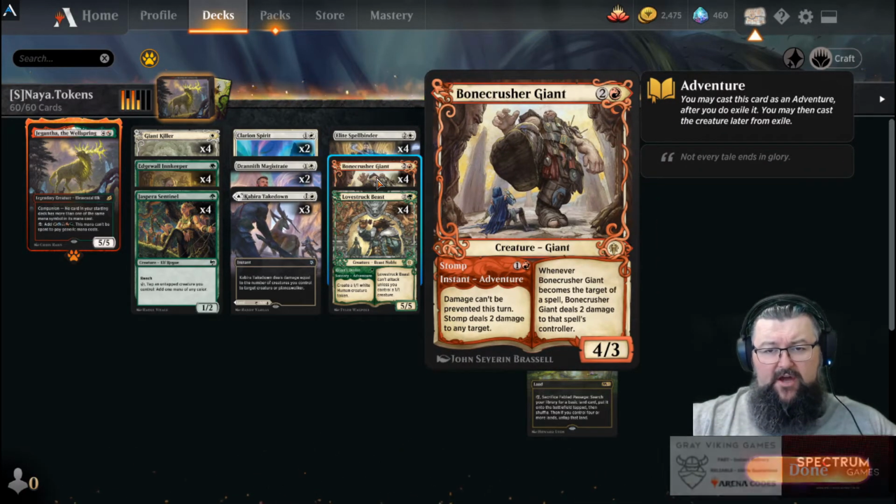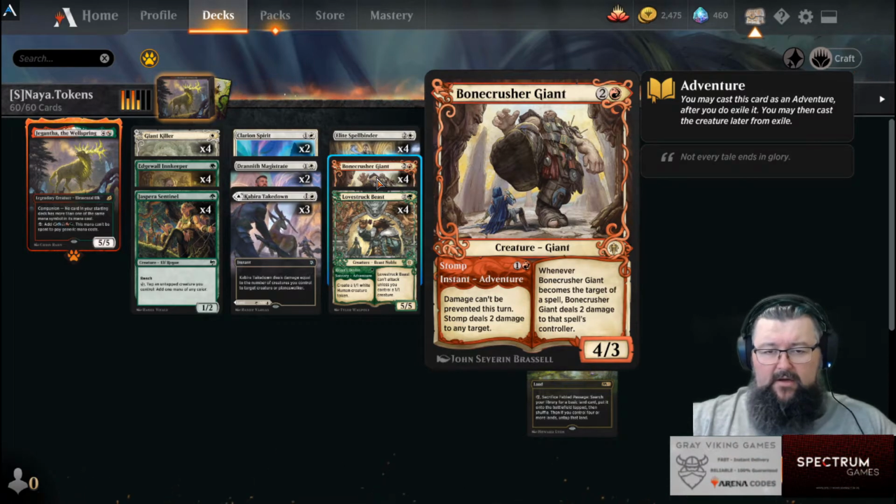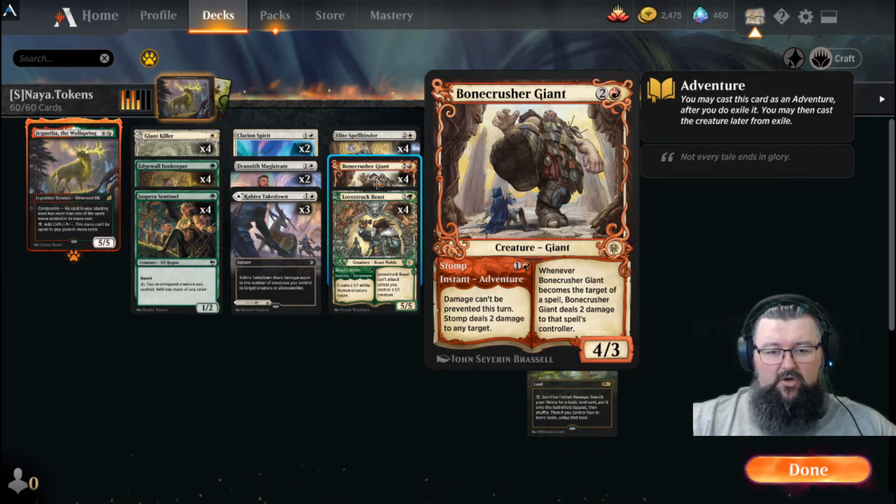For Bone Crusher Giants, this is a stalwart card that's been around for forever and a day and is in a lot of decks. 1 red and 2 other for a 4/3 creature giant. Whenever Bone Crusher Giant becomes a target of a spell, Bone Crusher Giant deals 2 damage to that spell's controller. Pretty useful. The other thing is it has the instant adventure called Stomp, which is 1 red, 1 other. Damage can't be prevented this turn. Very useful. And Stomp deals 2 damage to any target, so you can pick off those removal or do direct